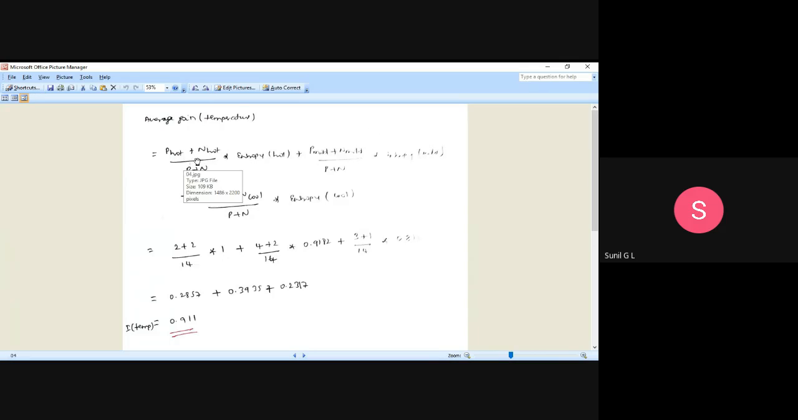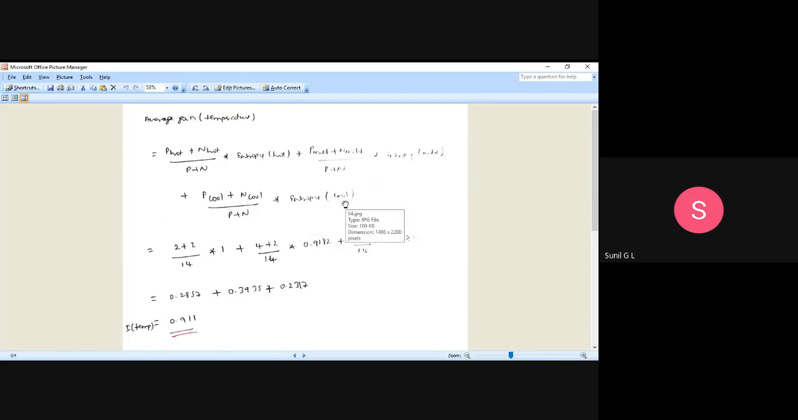So positive and negative values of hot divided by total number of positive and negative values of the whole data set, into entropy of hot. Like that, positive of mild plus negative of mild values divided by total positive and negative values for the whole data set, into entropy of mild. Plus positive of cool plus negative of cool divided by positive and negative of the whole data set